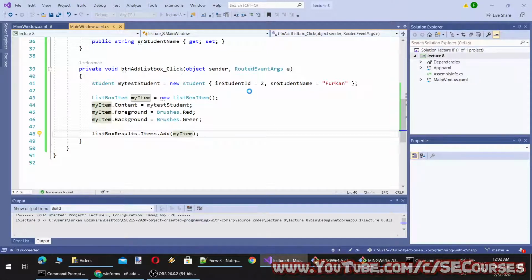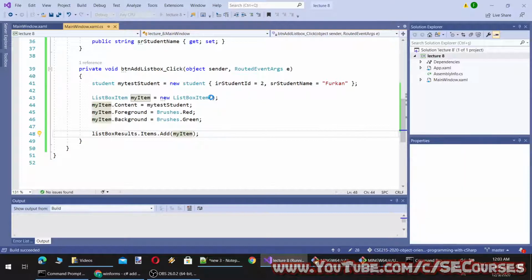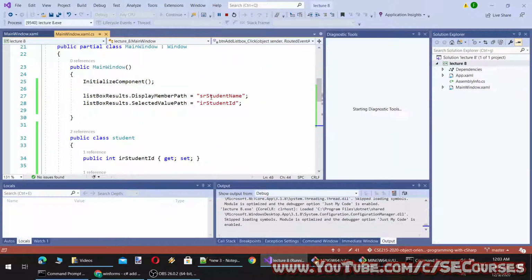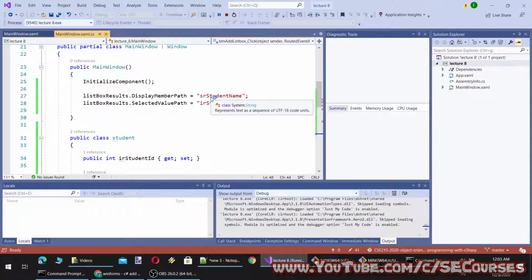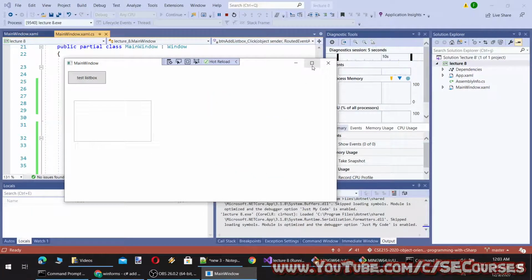So basically now we are using objects to add to our listbox, and we can set the value of the selected object and the display member of the selected object. Coloring the listbox elements was a question of a student.